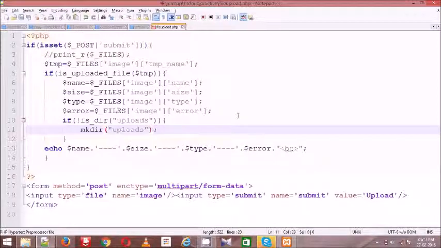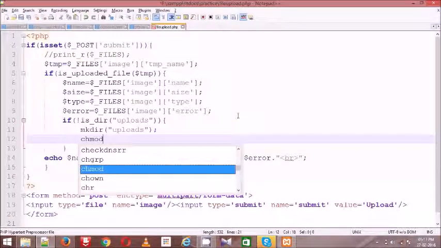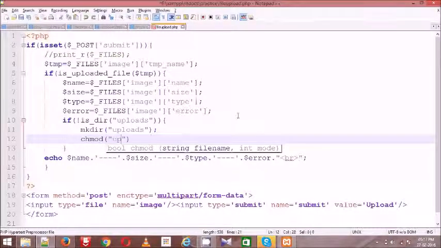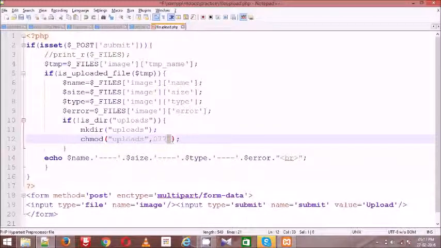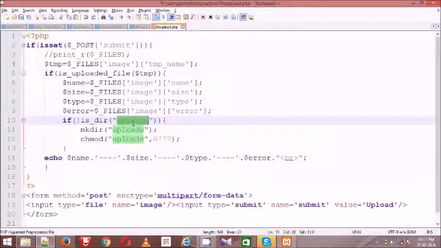For production server purposes, it is compulsory to change the permission level. So here, uploads, and I am giving the global permissions, in the sense all 7. This 7 indicates public, this 7 for group, this 7 for owner. So 7 in the sense read is 4, write is 2, and execute is 1, so we are giving all permissions. User, anybody can read, write and execute the content in this folder. And this is my uploads directory.